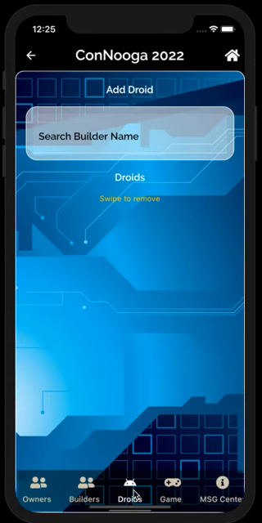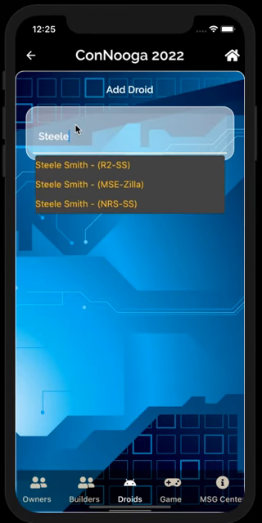The next tab over is droids. So I'm down here at the bottom. I'm selecting droids. And again, this is used in the events, but it's also used on the public side to say, oh, well, these are the builders who are there. These are the droids that are going to be there, that kind of thing. So we'll just use me as an example. You can start typing in the builders' names, and it's going to show you the list of their droids